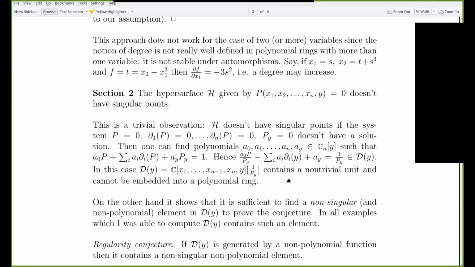It's a nice theorem. It's not trivial, but we can use it. So we will have this equality. And then if we just consider the summation of P over Py, so this is a derivative,